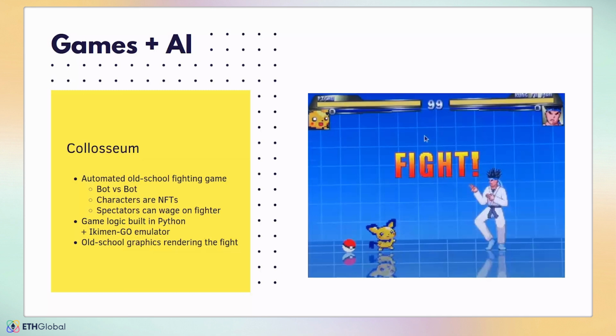And then in this application called Colosseum, you have a betting phase. Everyone says, I think this guy's going to win, this guy's going to win. They all put their money. It ends. Then you have the automated match happening inside the Cartesi machine. And then you have the result and you pay the winners. Once you have the result, they also render the whole match into old school style video. So it's interesting. You bet, then you watch the match like you're watching MMA or something like that. And then you get your money in case you won. Once again, nothing to tamper with. If someone tampers with a fight, you just enforce the correct result by disputing a computation.